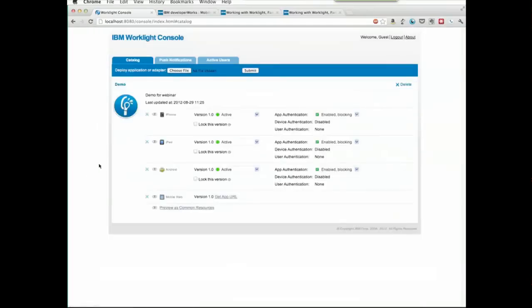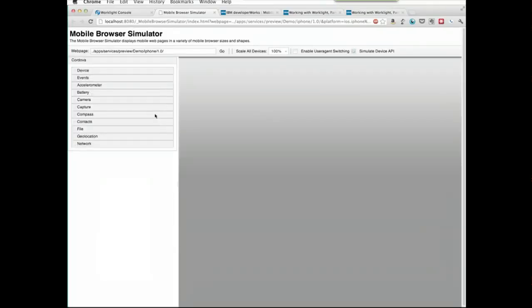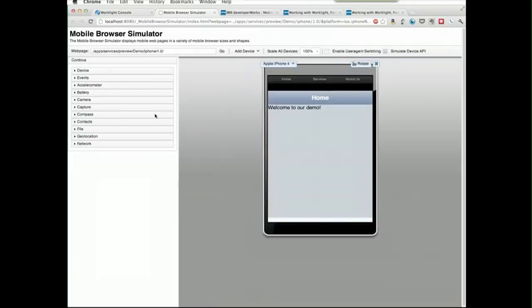So here's our demo app, and you can see it has iPhone, iPad, Android, etc. We can click on one of these and view it. I can do it as common resources, or I can pick a particular one like an iPhone. One of the tools that Worklight Studio provides you is this mobile browser simulator. It'll take a second to load up, but what it's doing is bringing in a device. It's not the actual device. We're not running on the real device, but it is a simulation that lets us quickly test some of the